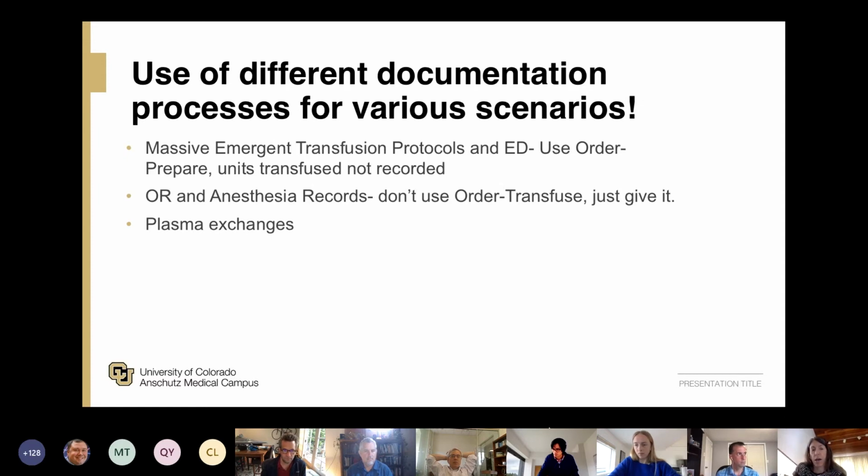And multiple blood products, in multiple quantities, are prepared and sent to the area where they are needed. At this point, the transfusion orders are really not done. They're just given as rapidly as they can be given to save this person's life. So we don't have the same type of documentation on that kind of order to transfuse.